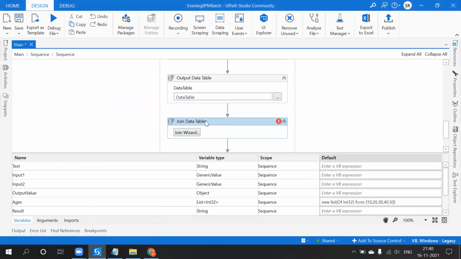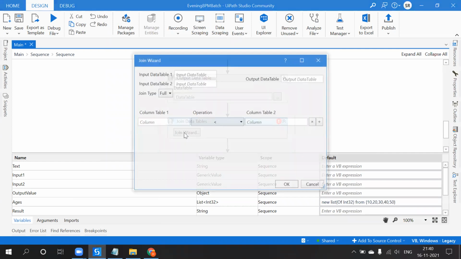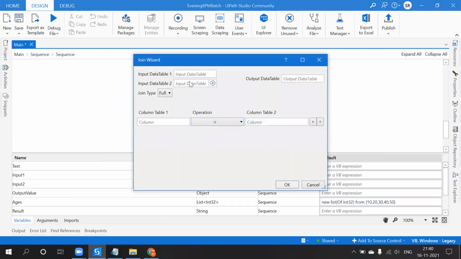That is joining tables. Table 1, table 2, and the output will be under this join type here.